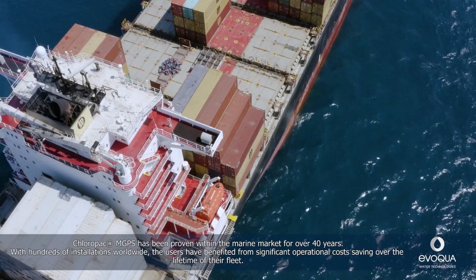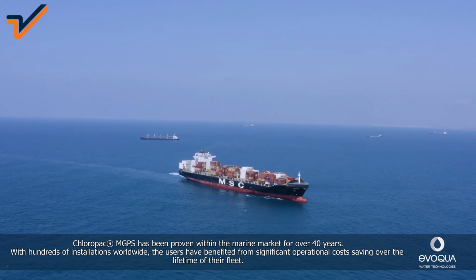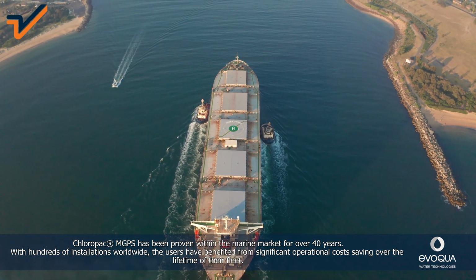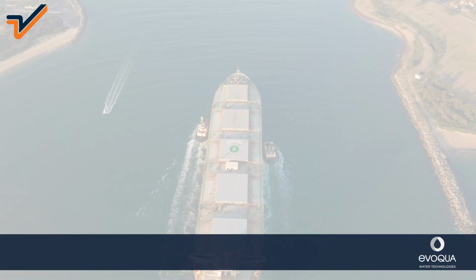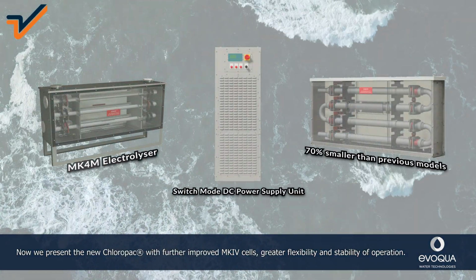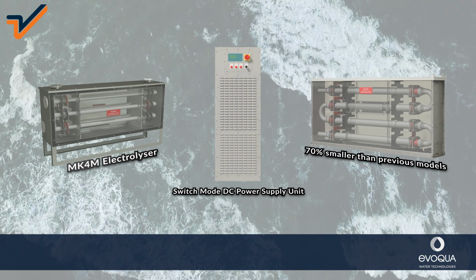Chloropac MGPS has been proven within the marine market for over 40 years. With hundreds of installations worldwide, the users have benefited from significant operational cost saving over the lifetime of their fleet. Now we present the new Chloropac, with further improved MK4 cells, greater flexibility and stability of operation, low pressure drop